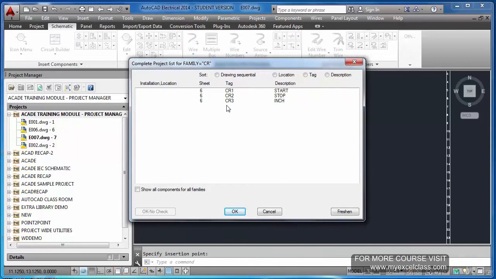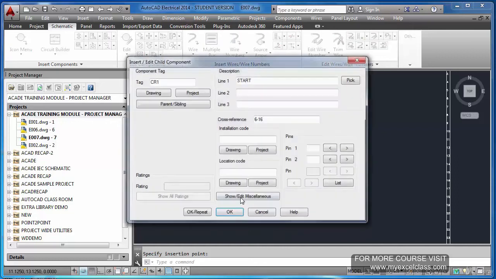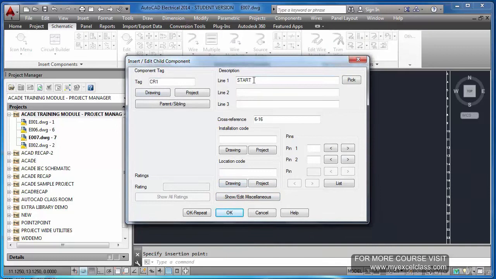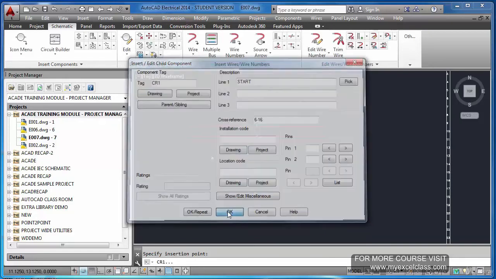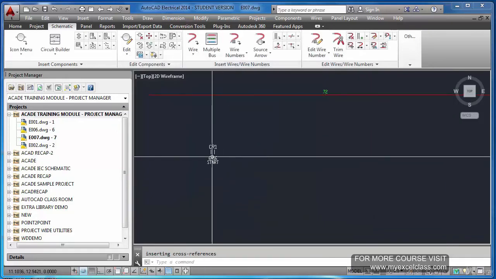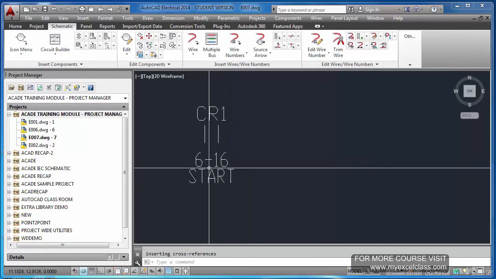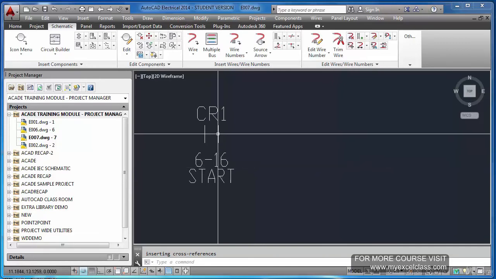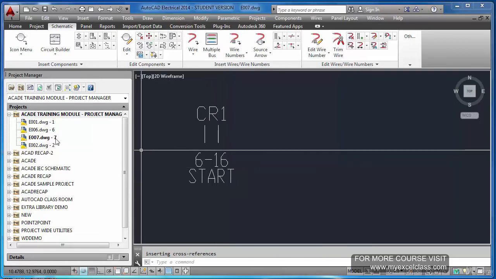Here you will see in sheet number 6 you have already used this many relays. Do you want to pick CR1? If you want, you can pick that. That description also comes here. Now you see sheet number 6, 16. Right now we are in sheet number 7.